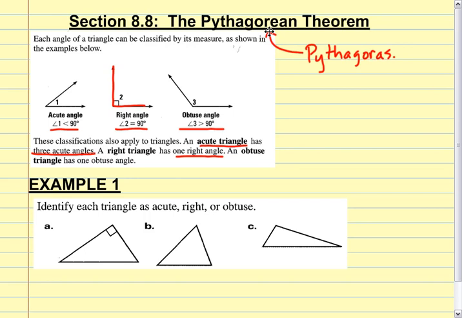Okay. Now, an obtuse triangle has 1 obtuse angle, and then the other 2 are acute. Okay? They're acute. They're less than 90, right? So